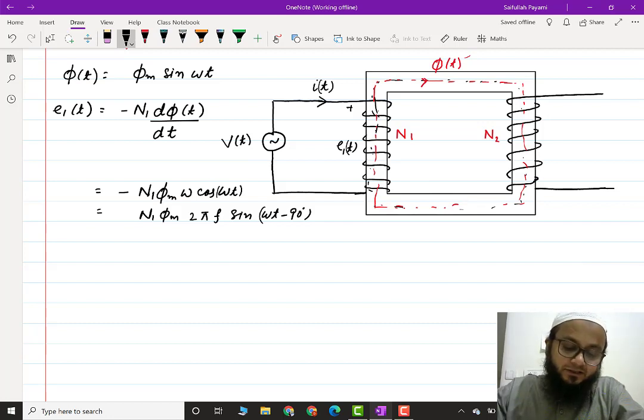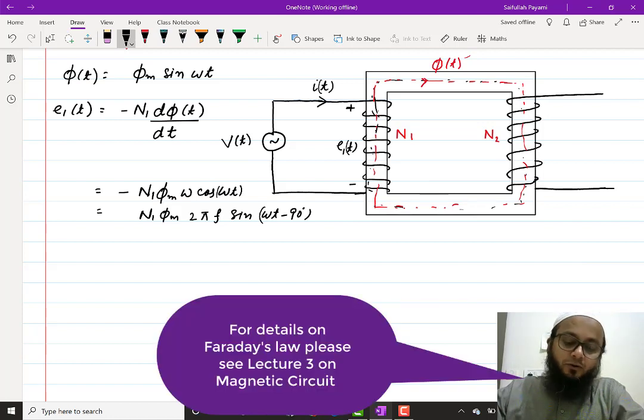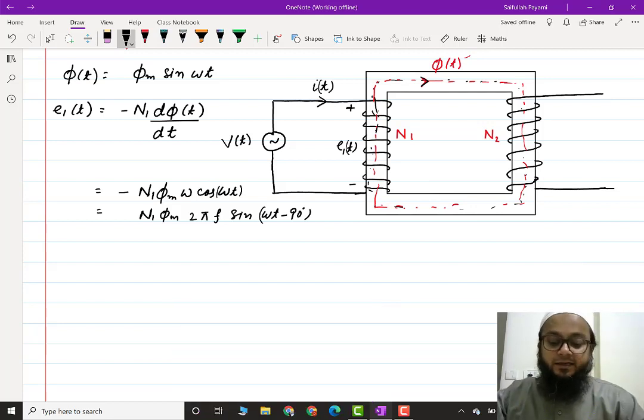And what would be the direction of the induced EMF? If you see the direction of the induced EMF, as we have discussed in the previous lecture, it should try to counter the increase in the flux, right? If flux is increasing in this direction, the direction of the induced EMF should be in such a way that if it pushes the current, if, let's say, the main supply voltage is not there and somehow this change in flux is there, it should try to push the current in such a way that it should try to counter this flux.